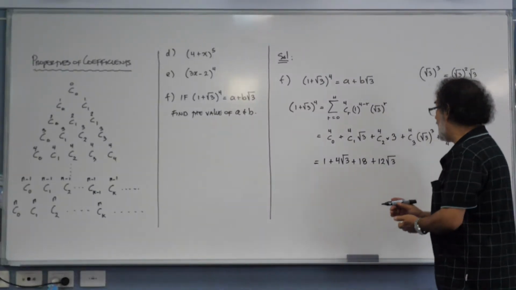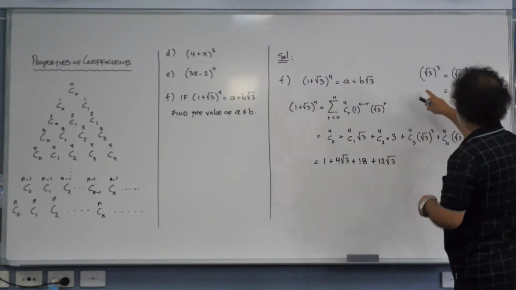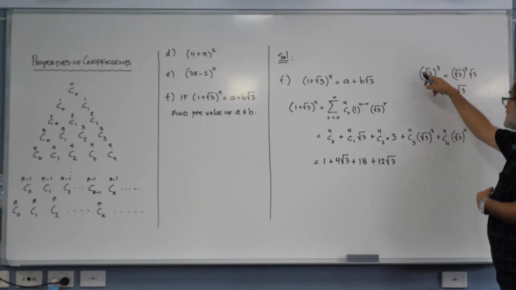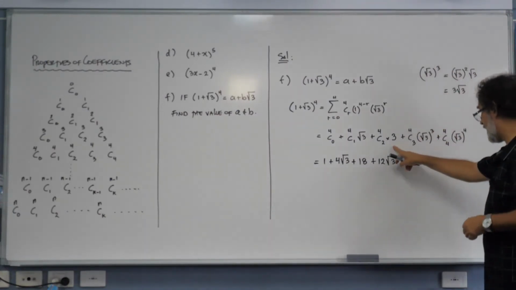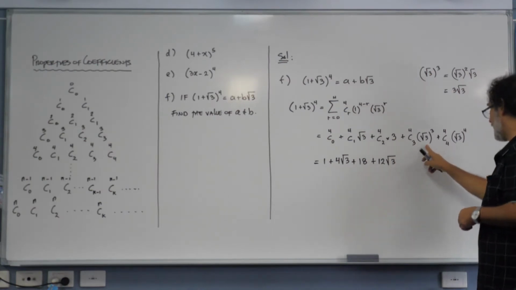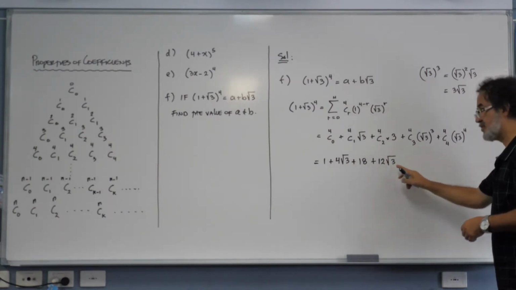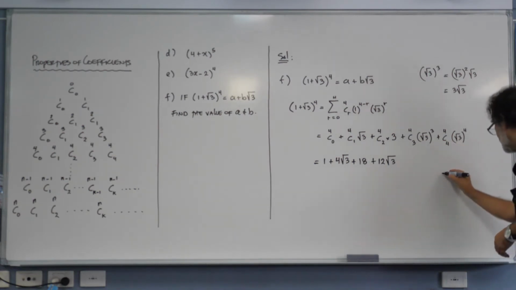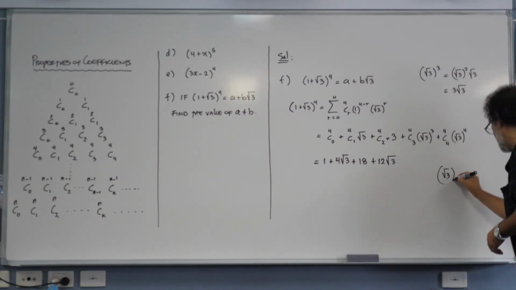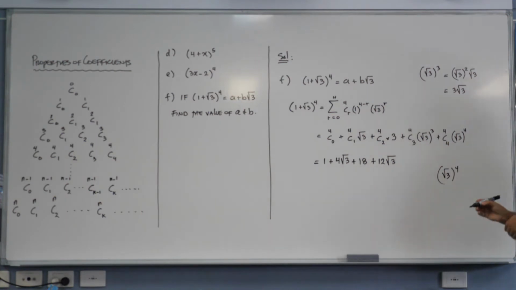Okay. All right. So do you understand this explanation? Yes. Okay. And then when you do this, the simplification of this, then you're going to have 12 root 3. Okay. Now equally, when you do a square root of 3 to the power of 4, that is the same